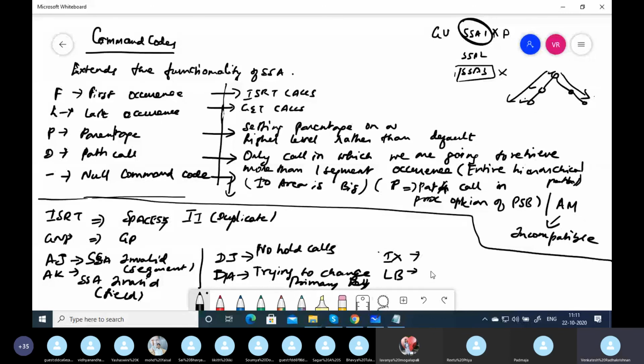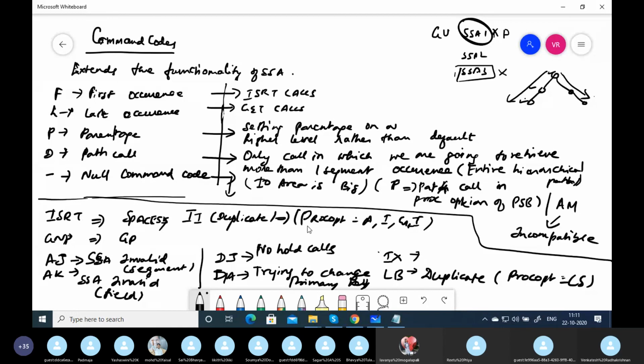LB is duplicate. Duplicate when processing option is LS. Here the processing option is LS.